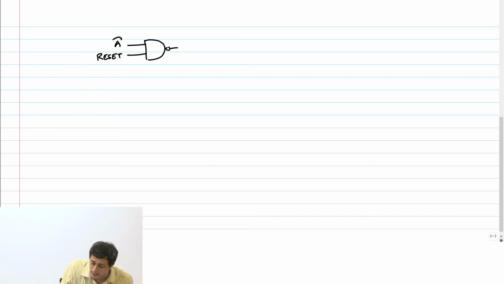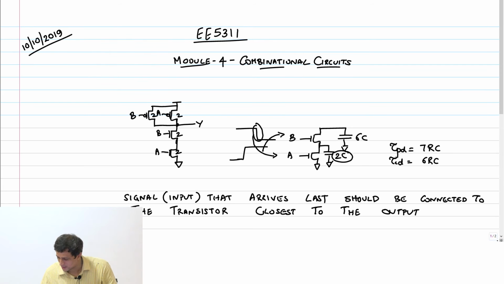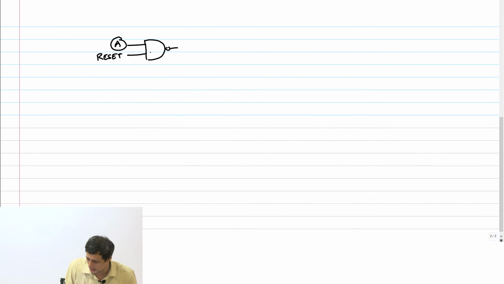It is this signal that is going to make many transitions during the functioning of the circuit. Reset is occasionally it will go low or something like that, where you shut off everything and bring the whole circuit to a reset condition. So that's a less critical signal. Connect that to the transistor, which in this case should be A, right? So I'm going to connect this to A and this to B, or okay, maybe I will just call this signal X to avoid confusion. Okay, so this is input ordering.